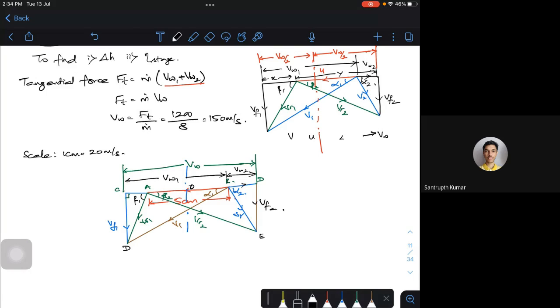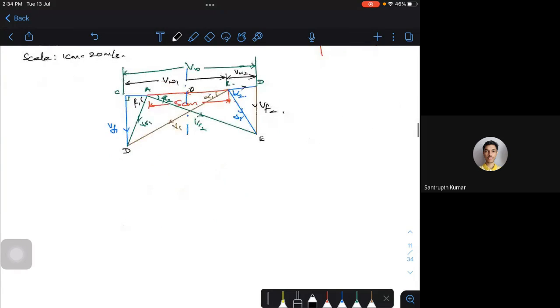Roughly, alpha 1 is around 20 degrees, and alpha 1 is equal to beta 2, so this is also 20 degrees. Maybe your beta 1 may be slightly higher, maybe 59 or 55 or 60 degrees. You can verify this from the graph. Let me take it as approximately 55 to 60 degrees. I'm assuming around 60 degrees.